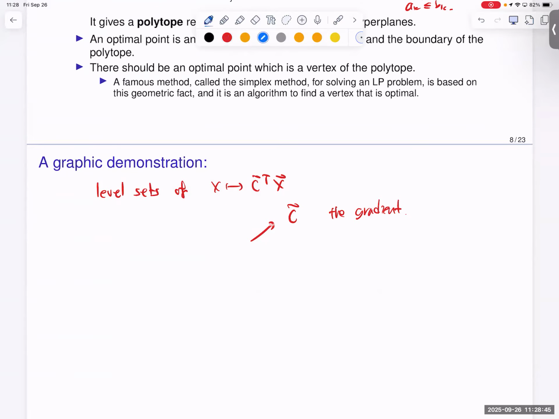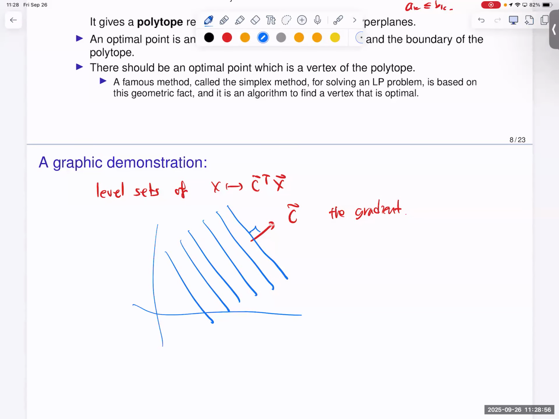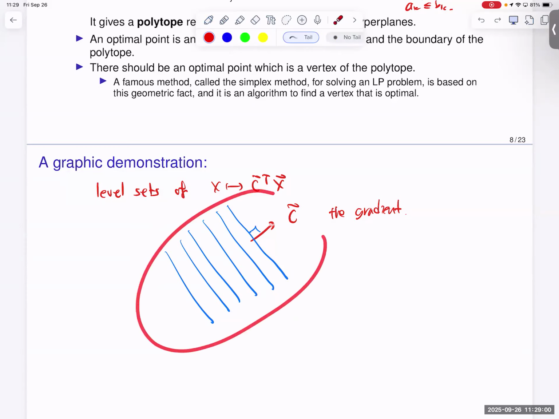And then the level sets are all orthogonal to this vector, okay? Of course, this is just a 2D case, but you can imagine in higher dimensional space,